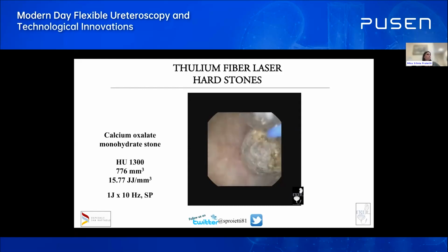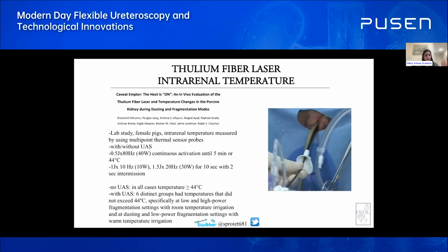Even though I'm not a big supporter of the TFL for the treatment of stones, I'm super happy with it for tumors. I'm telling you this because, in my opinion, the peak power of the TFL is too low. It's still too low, and we need to increase the peak power of the TFL in the future in order to have better results. By the way, we have to keep in mind that the temperature inside the kidney can